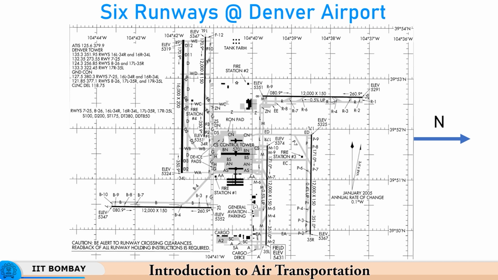In this case, I have actually turned the figure 90 degrees just to tell you that north is this direction. Normally, when you see the map of the runway, you have to assume that the north is going up, but that would have actually occupied more space. So, therefore, I have just turned the figure around for you to get a better picture.